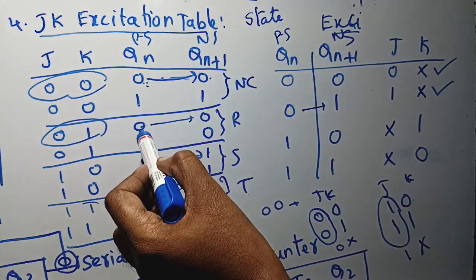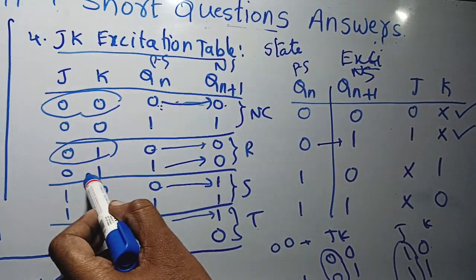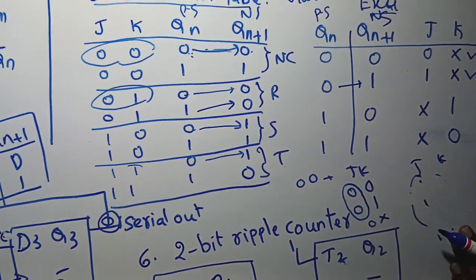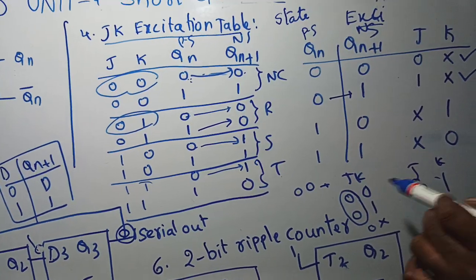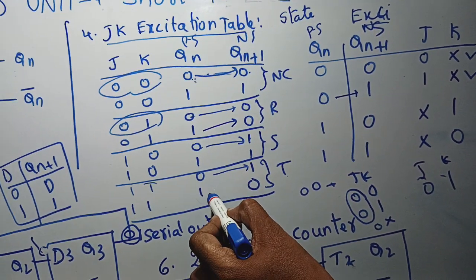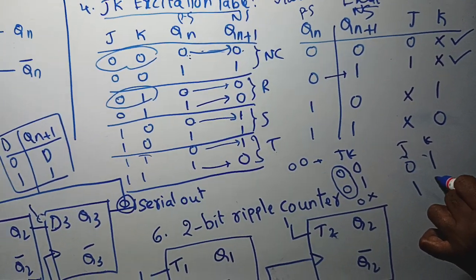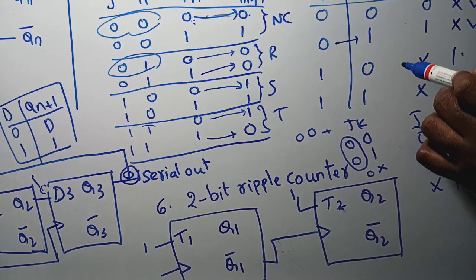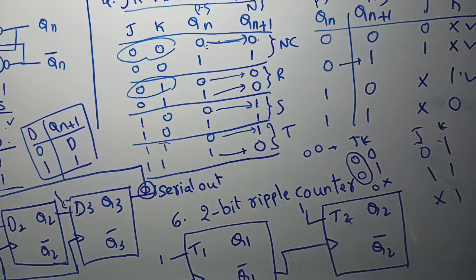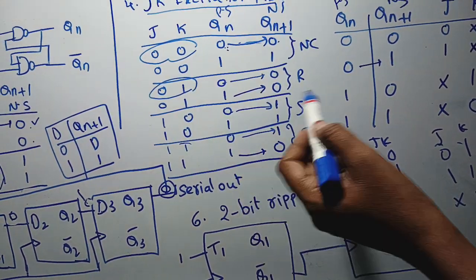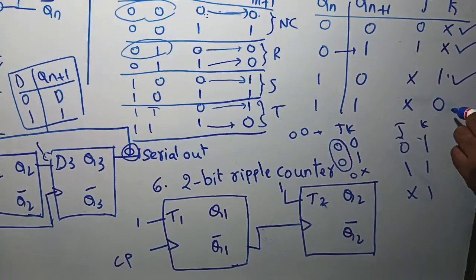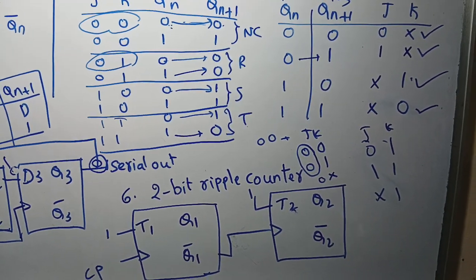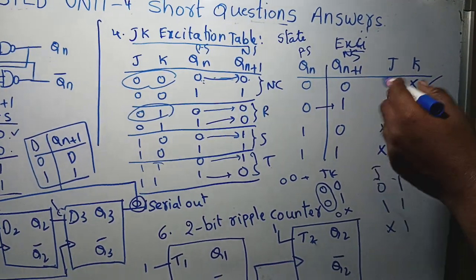Similarly, 1 to 0. You can verify. This is 1 to 0. Flip-flop inputs are 0, 1. Last case, 1 to 1. See here, J is changing, K is fixed: don't care 1. Similarly, you can write for the other 1 to 1: don't care 0. K is fixed, J is changing. This is the excitation table for